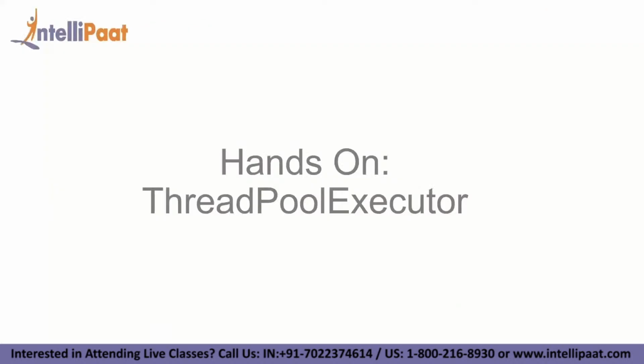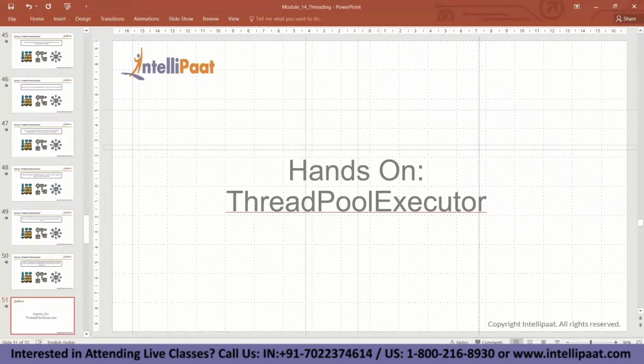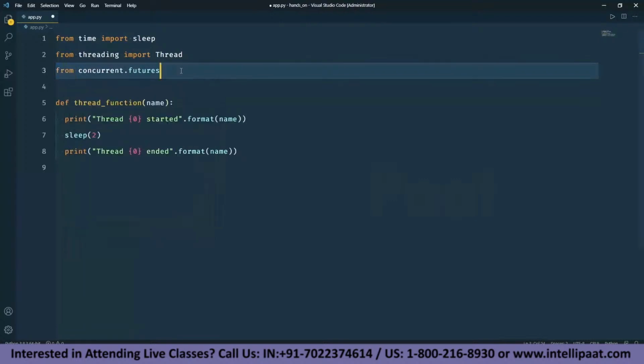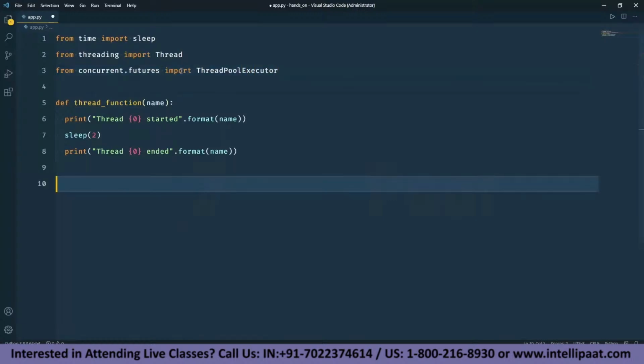Alright guys, now let's take a look at how you can use thread pool executor. So we'll use the same function that we had earlier. I have imported concurrent.futures right now. You can choose to not import it or import it somewhere else. I'll just choose from concurrent.futures, import ThreadPoolExecutor. Now all I have to do is use it inside a with block. So I'll just use ThreadPoolExecutor, pass in max_workers to be 3